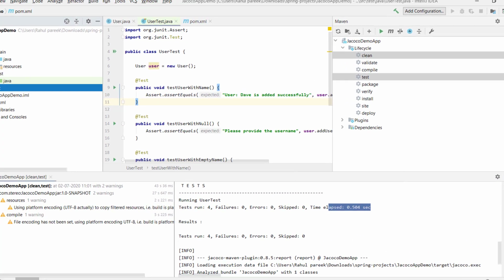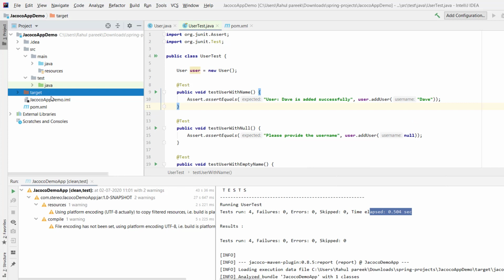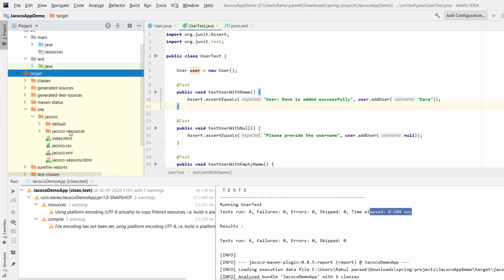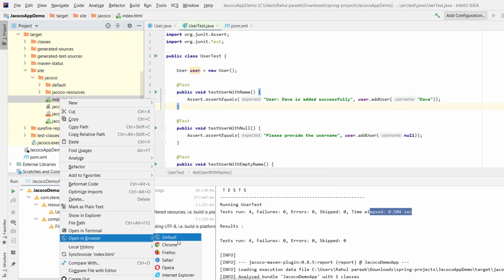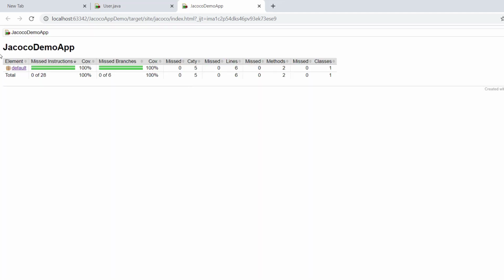Now let us again see the result of the new Jacoco report. I go to site again, then open this index.html in the browser. This time it is showing covered 100%, missed branches 100%.